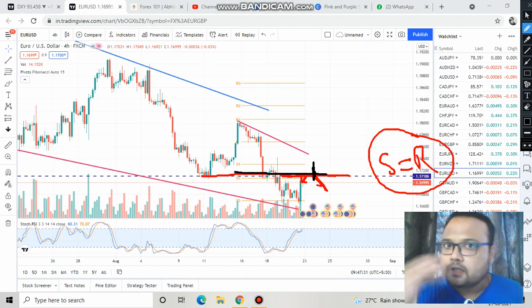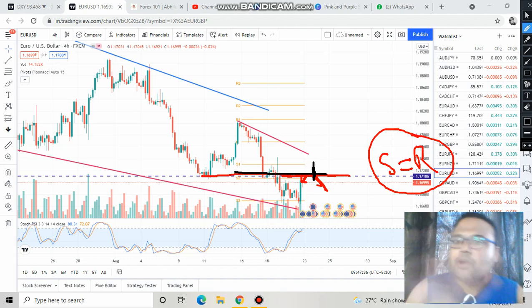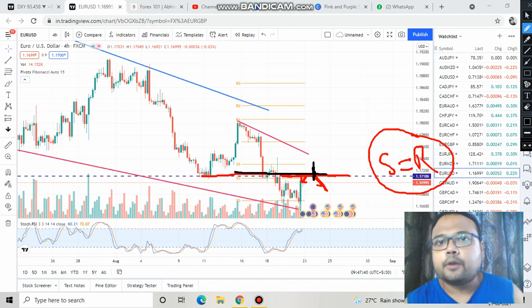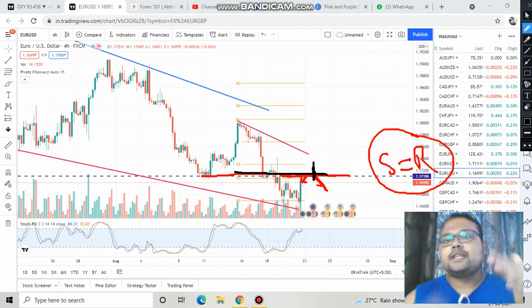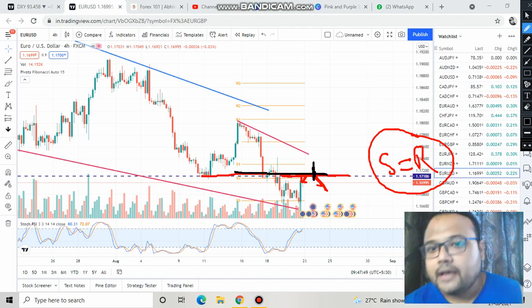So there is also a possibility that the market will be crossing this level. If after 4 hours the market gives a proper closure above this level, then you'll get the confirmation that yes, the weekly support is back in the game again, and you can go for a buy